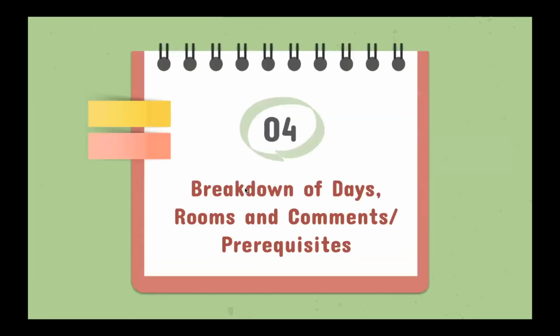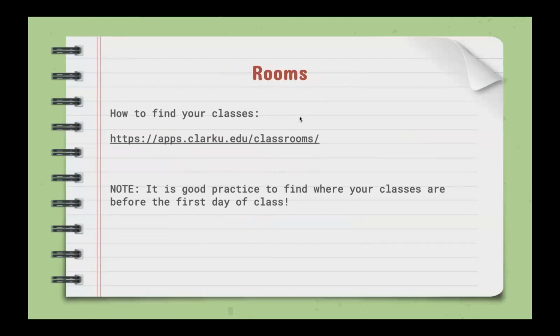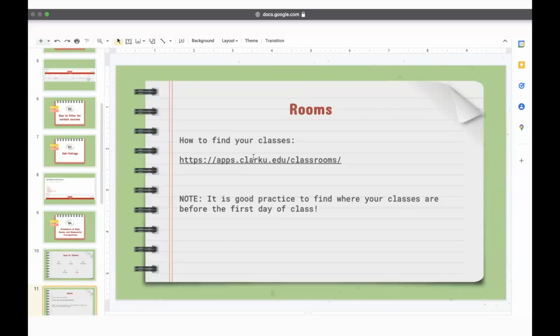So next we have the breakdown of days, rooms, and comments and prerequisites. So these are the days for classes. So these are the different symbols or letters that represent each day of the class. The one that most people get tripped up on is Thursday, which is the R. For rooms, this is a quick, easy link to find out where your room is and what it looks like. For example, this is also a good practice to find where your classes are before the first day. And so if you click on this link,